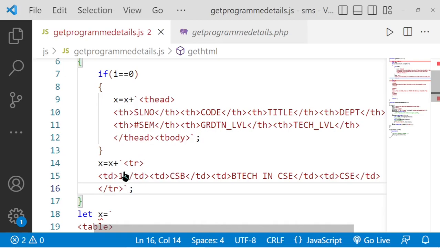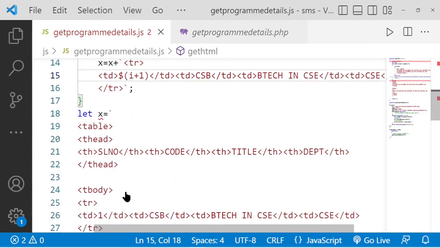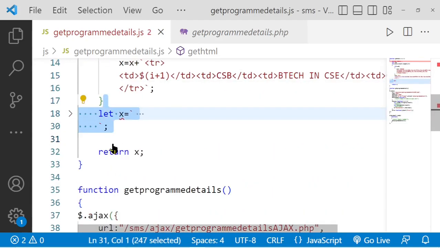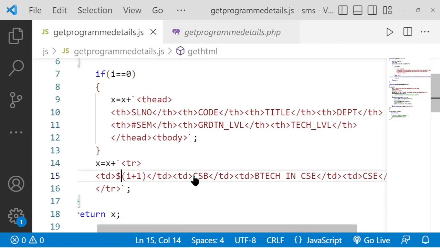Now, what we want inside this table row here, this one, we do not want to be a fixed, hard-coded number here, right? We want here a serial number, like 1, 2, 3, 4, like that. So here we can write, actually we want to display the value of the variable I plus 1. And if you simply write I plus 1, it will directly display I plus 1 on the screen. But if you want to execute that statement, you have to make use of this dollar symbol. Okay, $I plus 1. Okay, done. I don't need this x anymore, so let's get rid of this. Okay, $I plus 1, and then inside this table data CSV, what we want here is the code of the